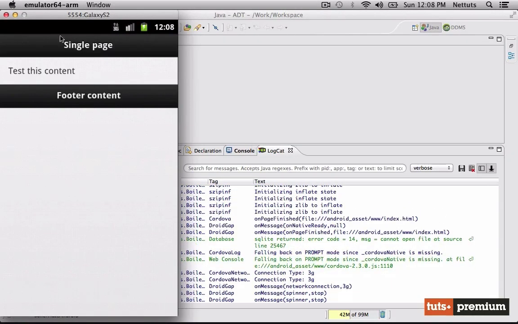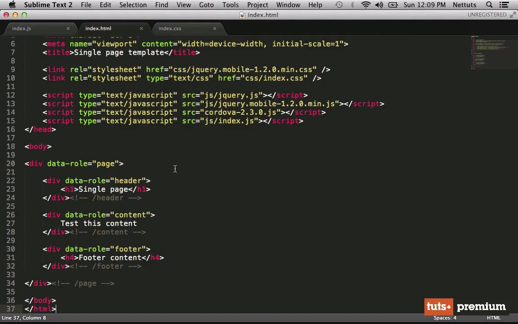And there you have it. There's our header element, our body, and our footer element. Let's take a look at the anatomy of a jQuery Mobile page. The one thing you'll notice is that there are no classes or IDs. Now, while we can insert classes and IDs as much as we want to further customize our jQuery Mobile template and to make JavaScript calls,